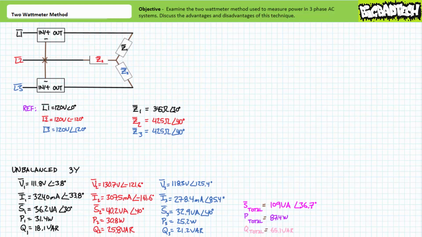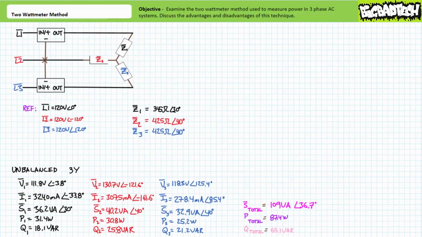Not only is current different for every branch impedance, so is voltage. Understandably, power figures for each branch impedance differ. Total apparent, total real, and total reactive power is the summation of individual apparent, real, and reactive power figures. Ideally, the 2 wattmeter method should yield these same results, however, be easier and cheaper to implement and necessitate no